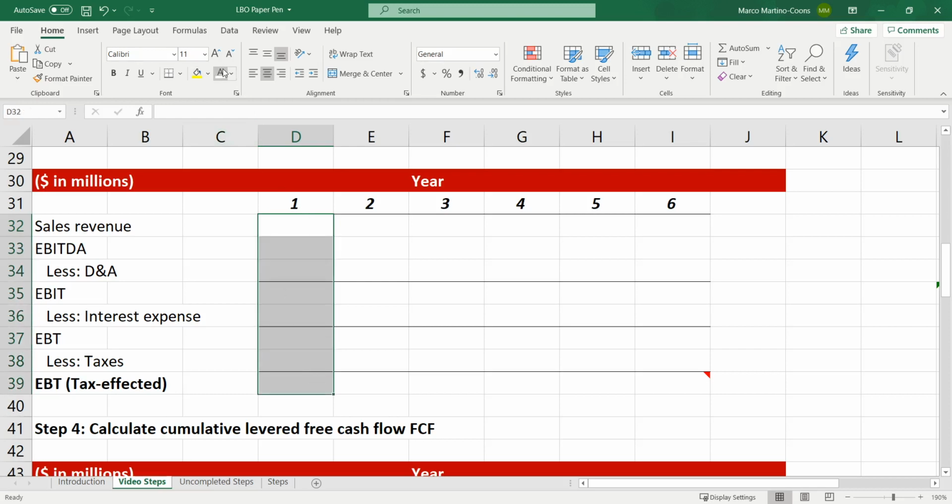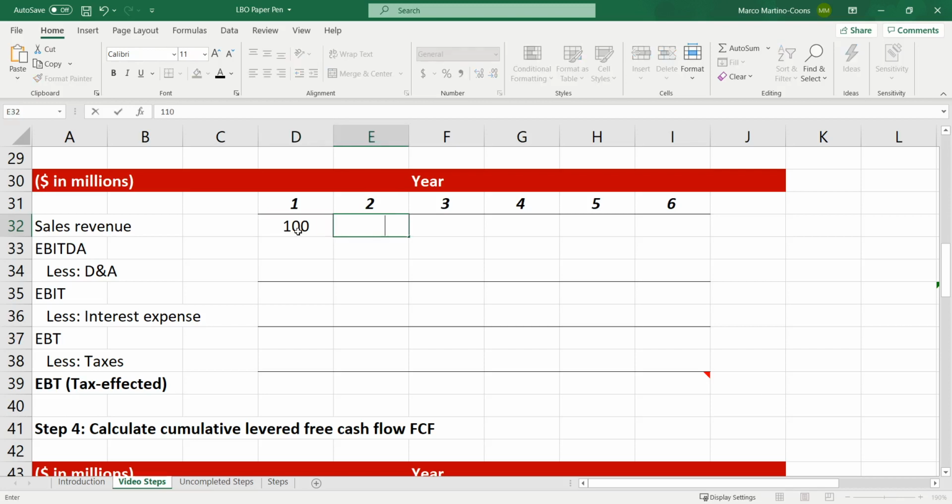I'm going to have to change my font to black. So our sales revenue is 100, and we could truly just go through and fill this in. If you do 100 times 1.1, well, you know 10% of 100 is 10, so you just add it together. That's going to equal 110. Then we look at 110. Okay, so it's another 10% increase from this. So a really simple way is if you end up just,